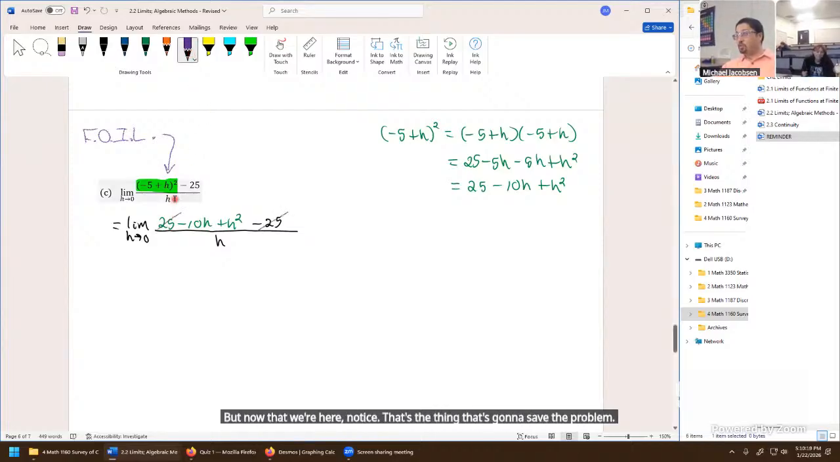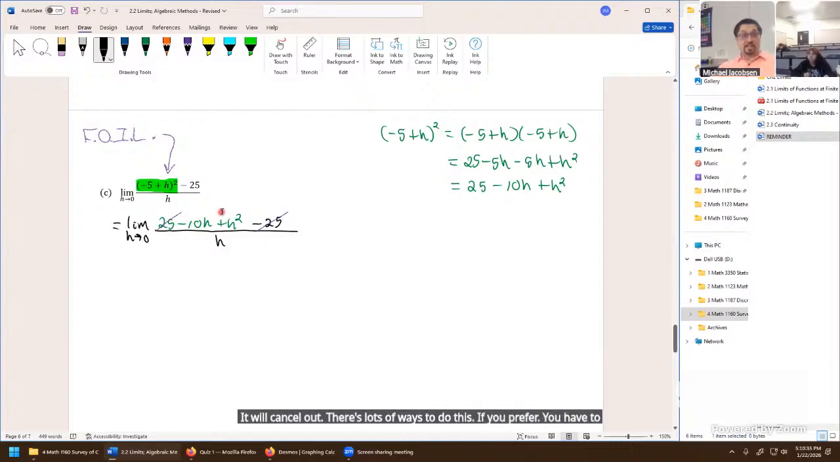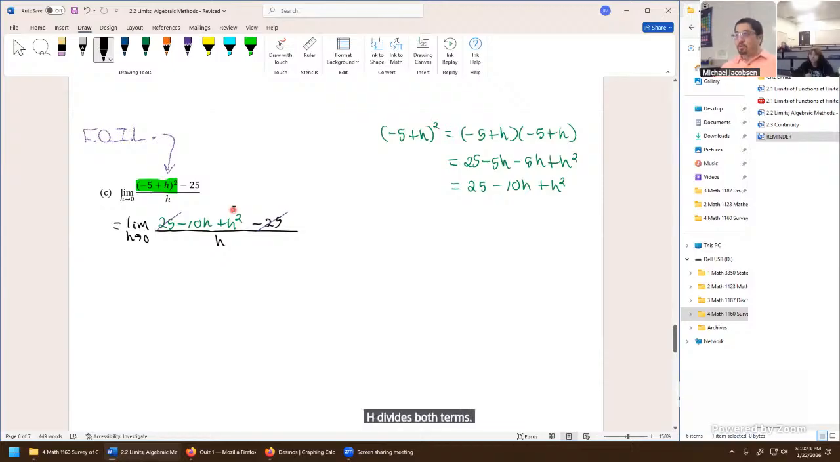I can't cancel h whatsoever when it's in that format. But once you get rid of terms that don't have h, and you're left with two terms that do involve a factor h, it will cancel out. There's lots of ways to do this if you prefer. You have to be careful if you cancel across an addition or minus sign. h divides both terms. What our author is more likely to do algebraically in this context is to rewrite this as